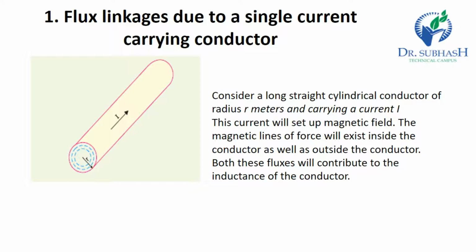This current sets up a magnetic field, and these magnetic lines of force exist inside the conductor as well as outside the conductor, and both these fluxes contribute to the inductance of the conductor. So to find the total flux linkage due to a single current carrying conductor,